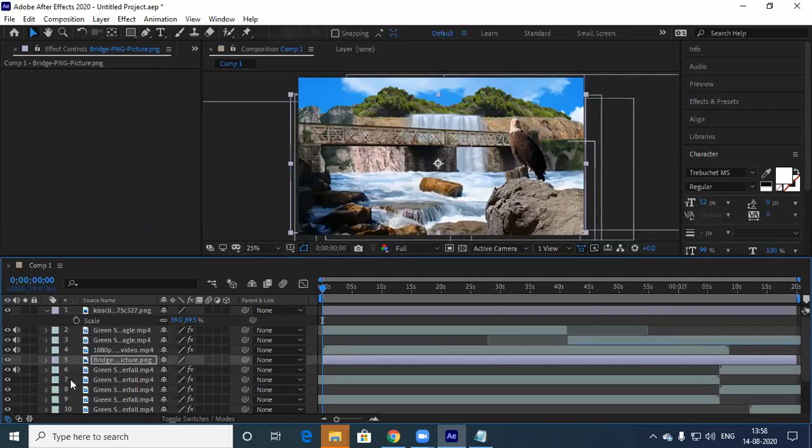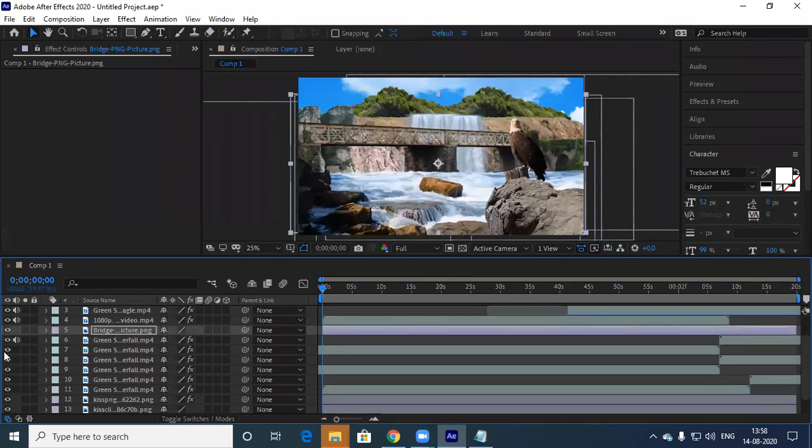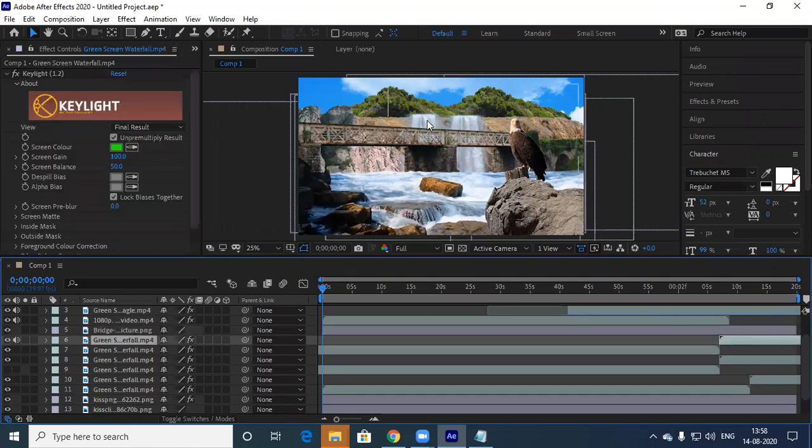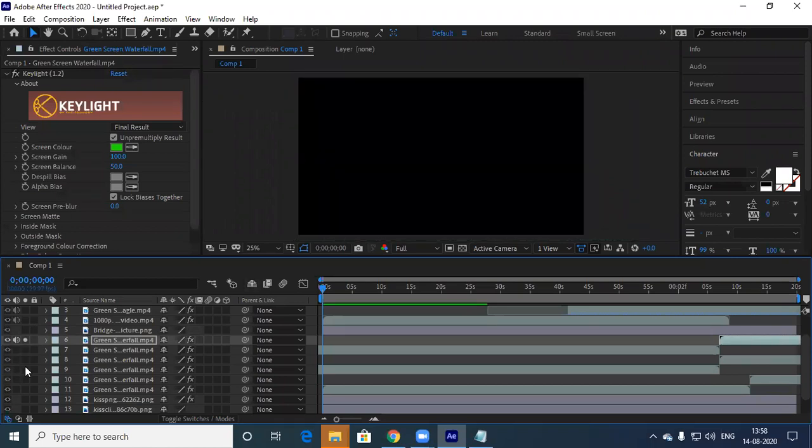Okay. Now the green screen is there. No, there are three layers I have added, three green screen. Let me just turn off one. One bigger water flow. One is larger we can make. Okay. Let me solo this. These are solo. Let me have these green screens as solo.